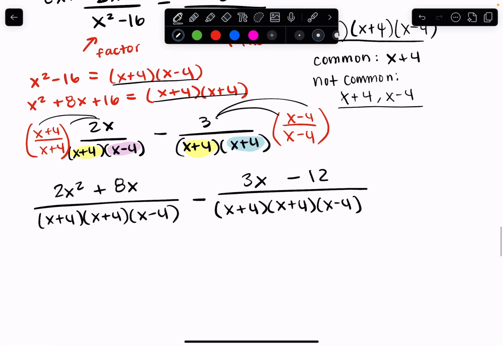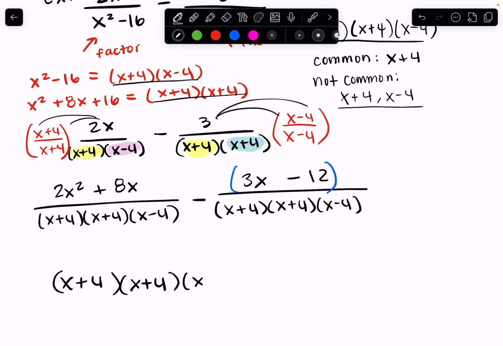And now here's what I want to mention. We haven't really done a subtraction problem yet. And so you are not just subtracting this 3x. We are subtracting this whole thing right here. Okay, and so I'm going to rewrite the bottom again. So we have x plus 4 times x plus 4 times x minus 4 over 2x squared plus 8x minus,